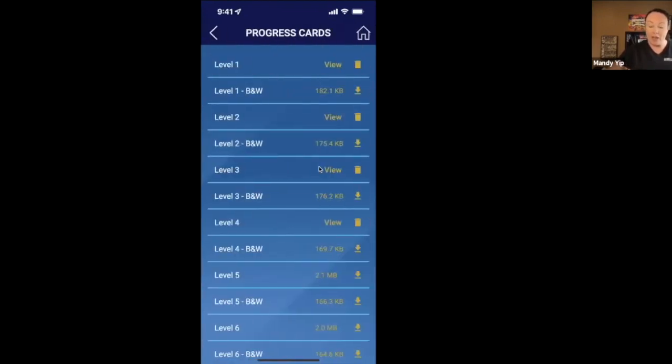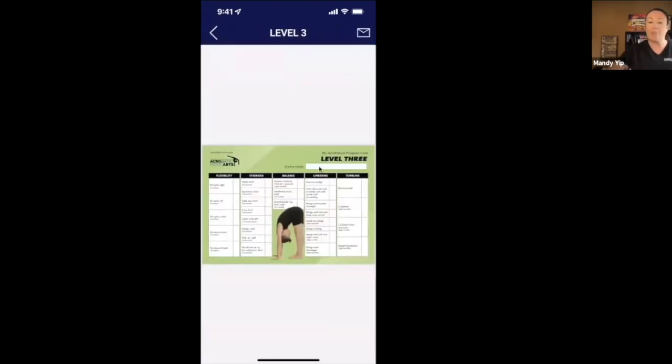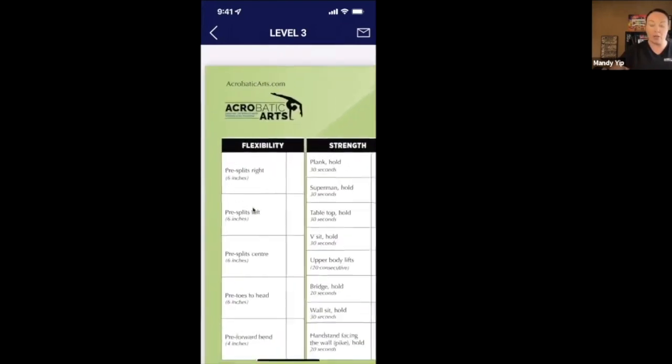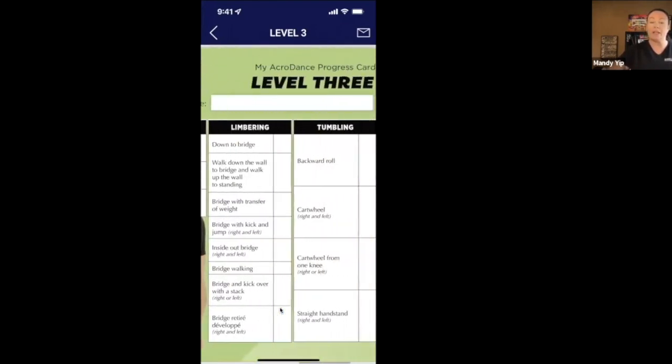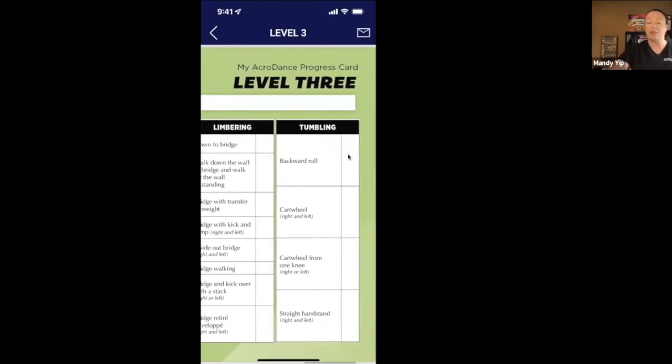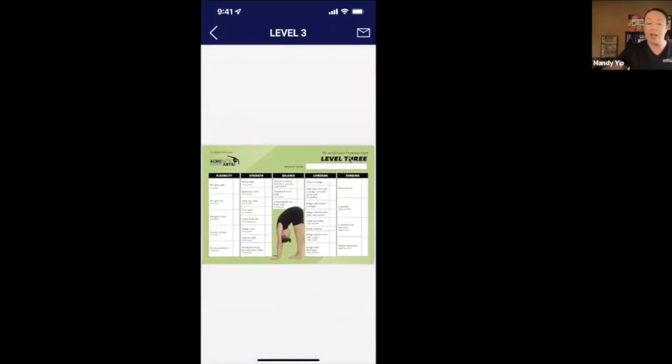And when I click on that, it brings up all of the skills that, for this example, are in level 3. So here is all of the flexibility required, the strength, the balance, the limbering, and the tumbling. And there's a little box here for you to put your sticker, your initial, or whatever to keep track of the dancer's progress. You can email this directly to your printer and have your printer print them off onto little